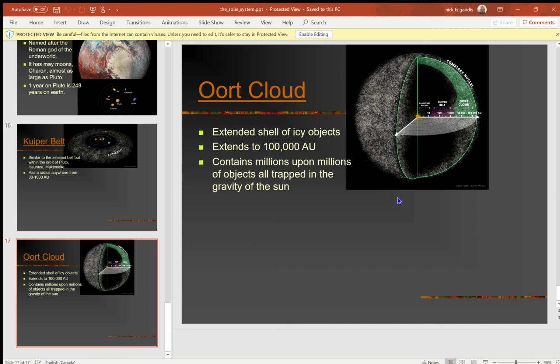We are going to spend some time talking about comets and talking about other small solar system bodies that you'd find in the asteroid belt and in the Oort cloud and the Kuiper belt and all that kind of stuff. So, in any case, that's an introduction to our